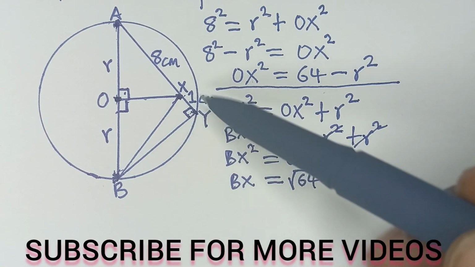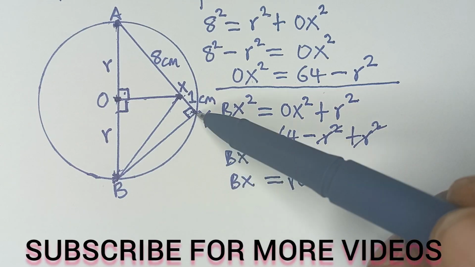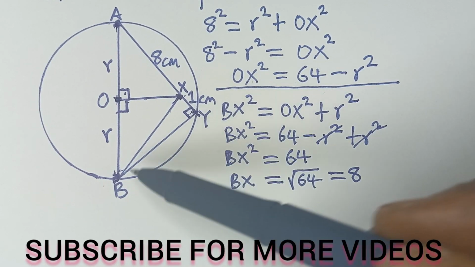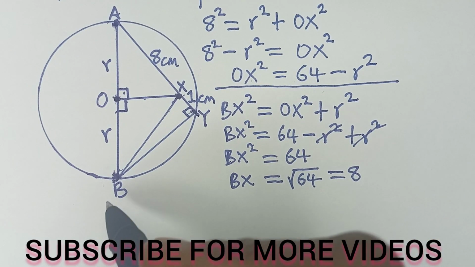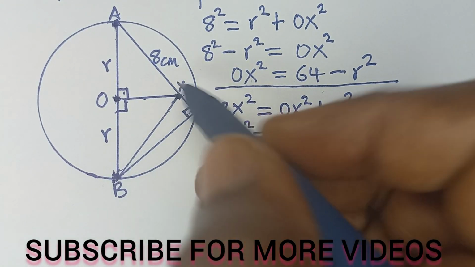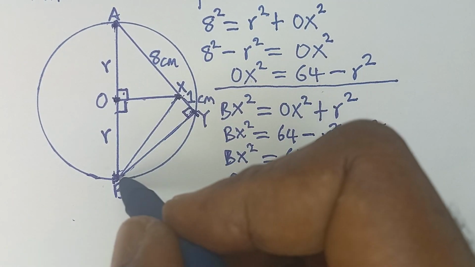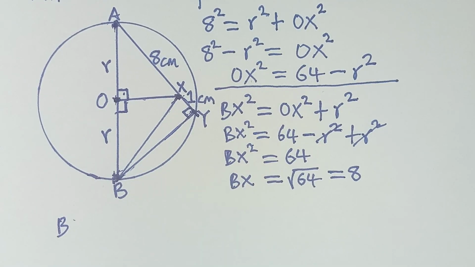Now, with this as 90 degrees, we can use this small triangle. I want to use this small triangle to find the side BY. So we are going to say BX square. Don't forget, this is using this small triangle now. BX is the longest side. So I'm going to say BX square